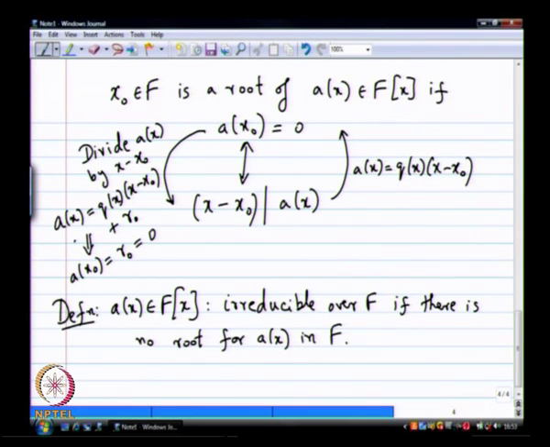Then you say it is an irreducible polynomial. So that is the example. Yes. That are irreducible over f, when you multiply them, that will still not have